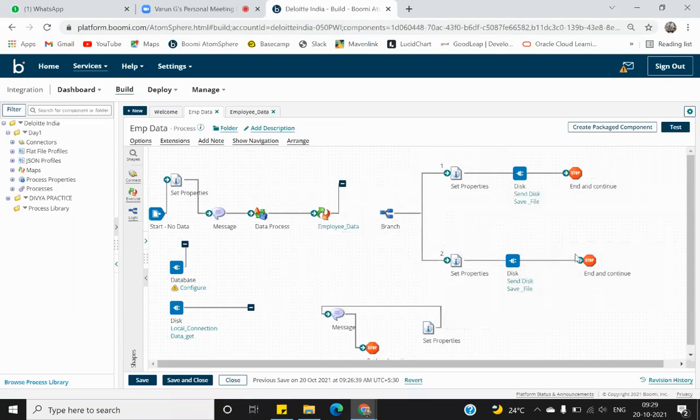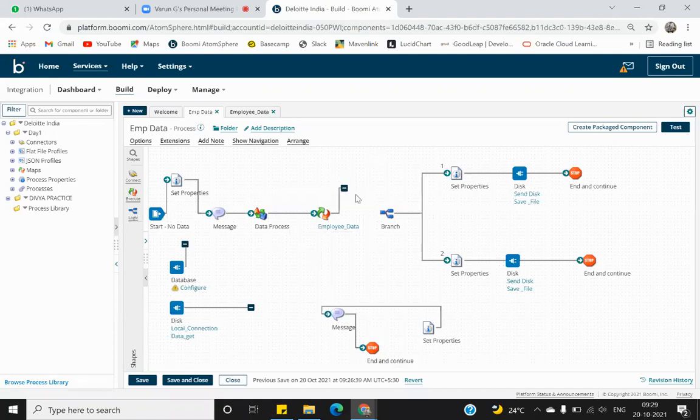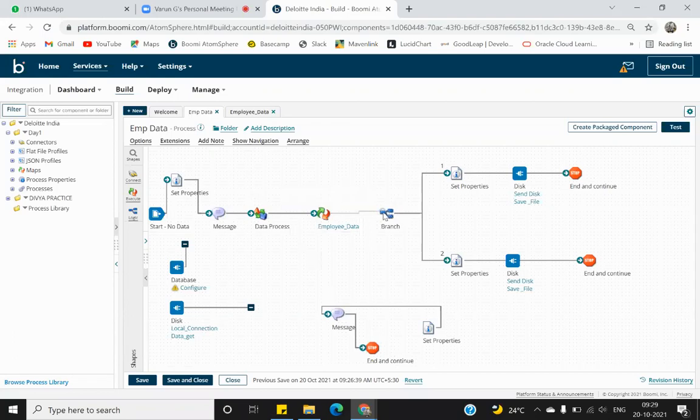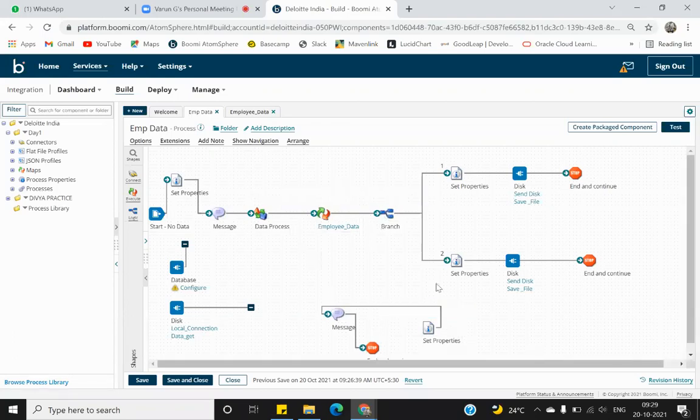So dynamic document property, if you want to use it in all paths of your branch, set it before the branch. But in that case as well, it will only work for that particular branch. If you use another branch again, it won't be retrieved from that branch. So this is the difference between dynamic process property and dynamic document property.